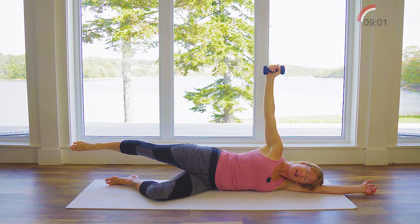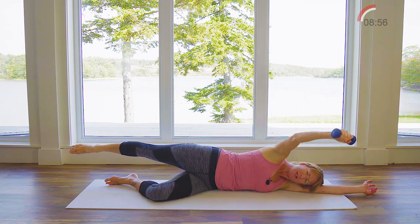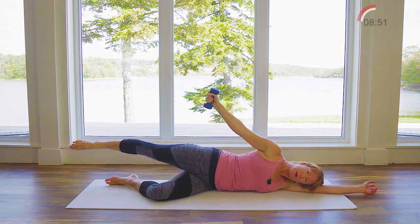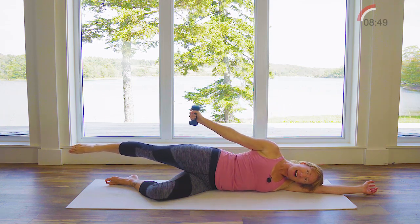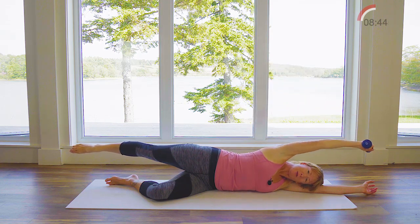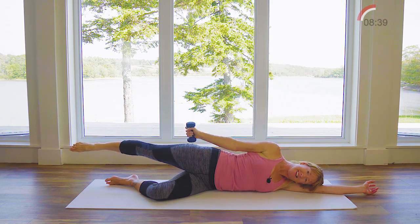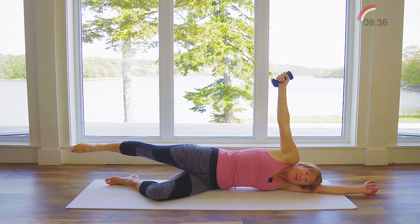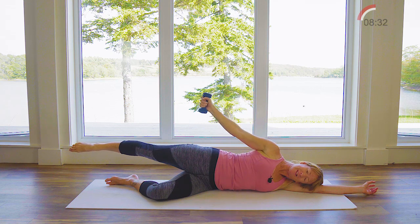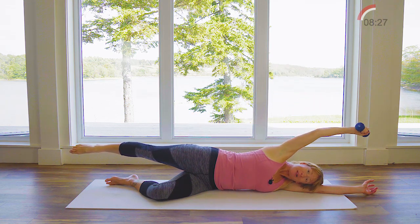It's reached up towards the sky, and we're going to raise it overhead, not allowing it to sneak forward, directly overhead. That's why it might be a small movement, and then down towards your hip. Up, up, up, but always reaching long out of that arm and keeping the shoulder away from the ear. Right? I don't care if you do a small movement. I'd rather not see this, the shoulder up to the ear, right? So good form in your neck and your shoulder, and as big a movement in the arm as is possible